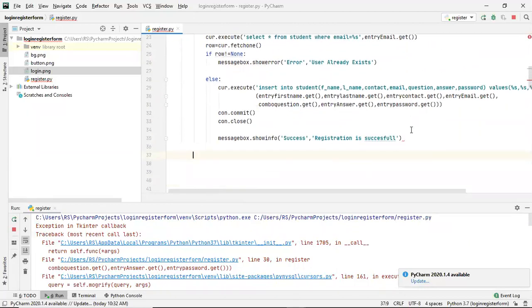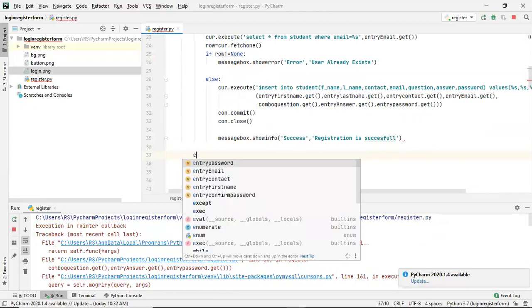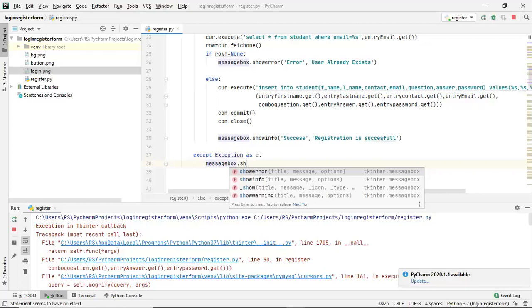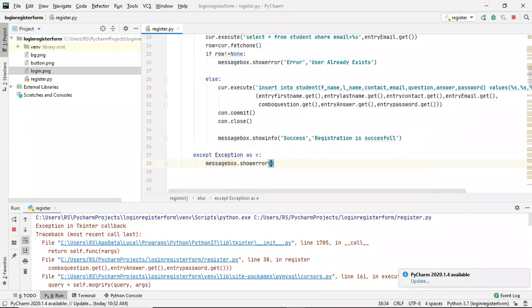So in this except Exception as e, whatever exception is, I'll accept that as the e variable. So that exception will be inside this e variable, and I'll simply show a message box dot showerror. The title will be error here, and then I'll simply display whatever is inside this e variable. For using this e variable, we will be using an f-string here.